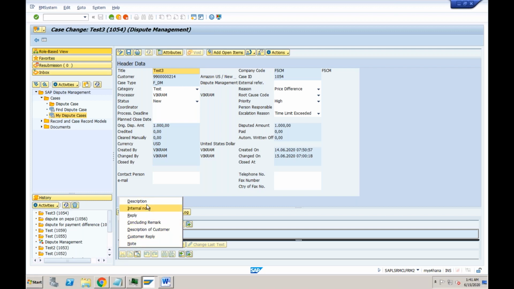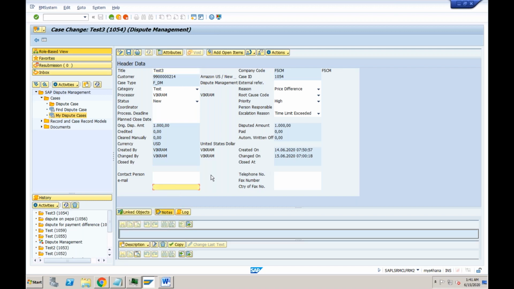So what is the importance of this? See why you are creating a dispute case. Once you create a dispute case, you will be chasing with your internal departments. So the customer has created a dispute case. Now you as a processor are responsible to get the requirements from the business, to tell the business that this is the dispute case raised by the customer, and your internal teams will be providing you the necessary inputs. Whether it is justifiable or not, what price you agreed, there are multiple things.